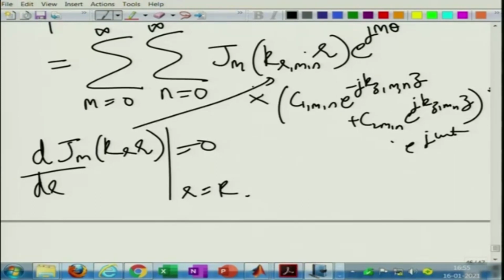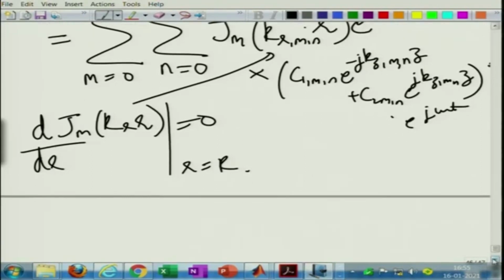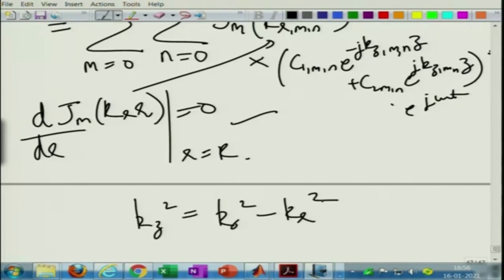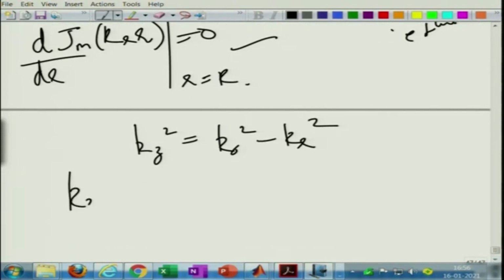How much is the solution converging? Of course, at higher frequencies more roots have to be considered, because even the higher order modes start becoming propagating instead of being evanescent. They also contribute in the modal summation. So, this is the modal summation solution, and Kr is given by the tables. We already know it from this condition. So, what is Kz then? Kz is nothing but the square root of K naught square minus Kr square. Okay. So, for the mnth mode